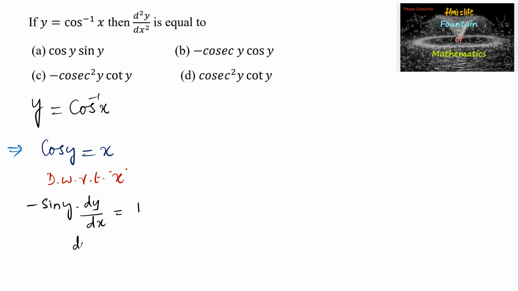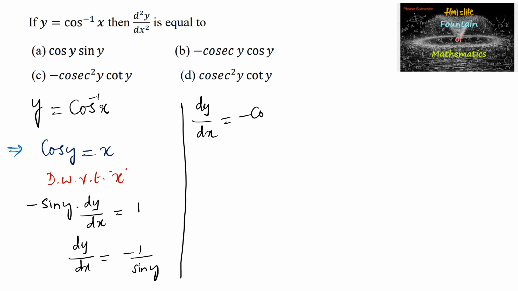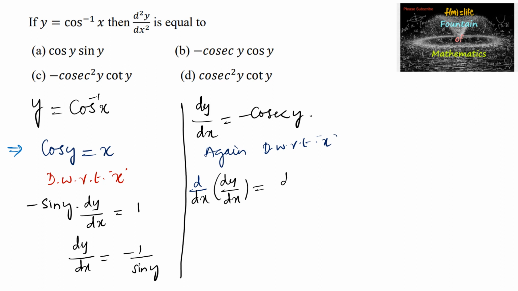We can also write here dy by dx is equal to minus 1 by sin y, that is dy by dx is equal to minus cosecant y. And again now differentiating with respect to x, we get d by dx of dy by dx is equal to d by dx of minus cosecant y,